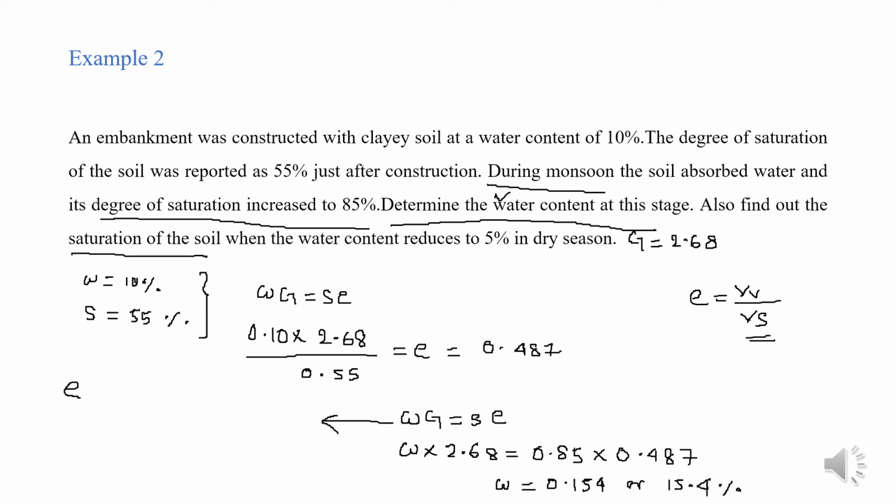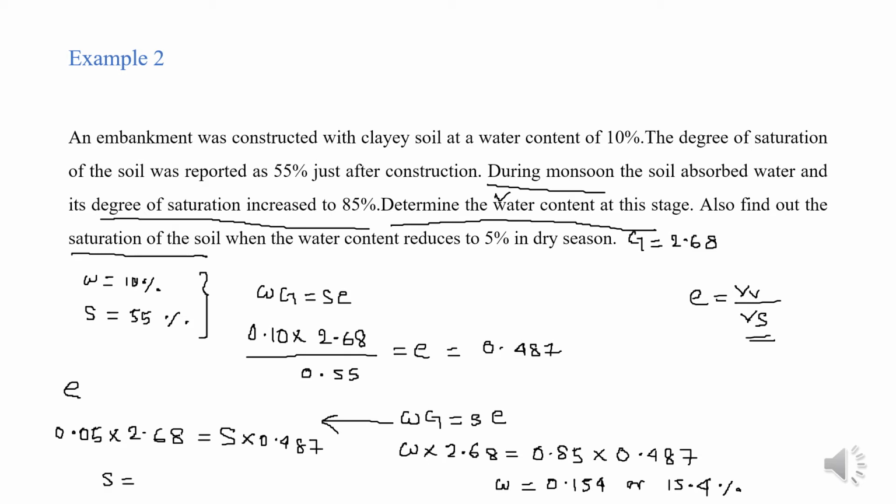My G remains the same, it's 2.68. And we have to find out the saturation, so it is unknown in this case, and the void ratio remains the same like before, 0.487. So if we calculate this, my saturation comes as